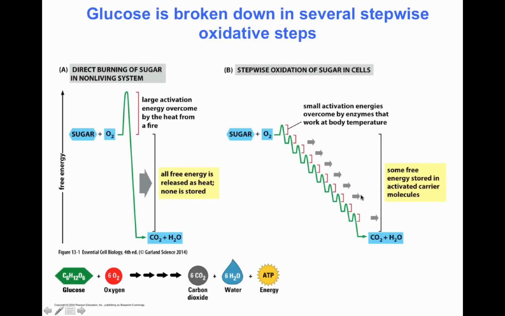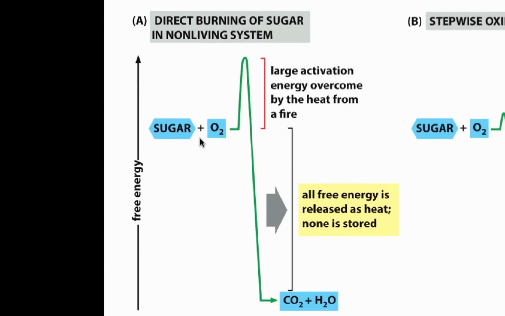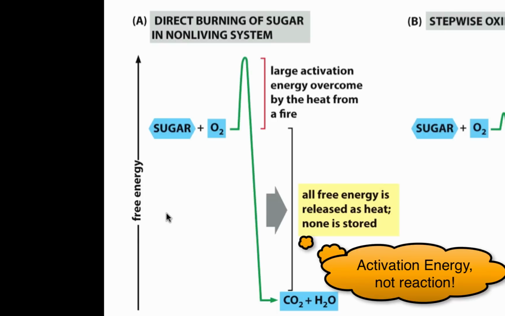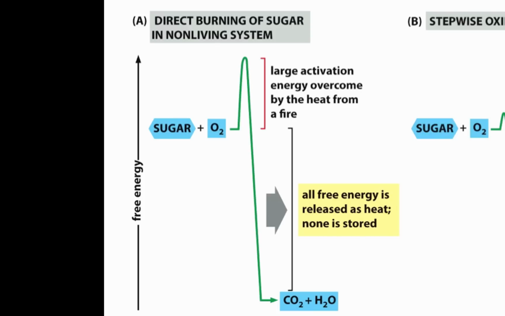Now, let's take a look at glucose, and let's take a look at how the energy of glucose can be harvested. Outside of the cell, glucose in oxygen can be burned to generate carbon dioxide and water. That reaction doesn't happen spontaneously because it has a very large activation energy. But if you were to take glucose and start to apply heat to it, you can overcome the activation energy that is going to eventually lead to a great release of energy